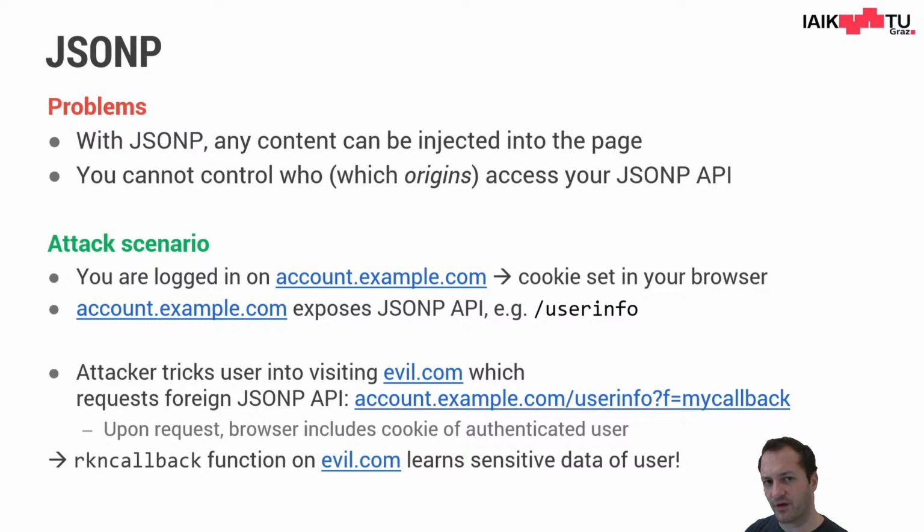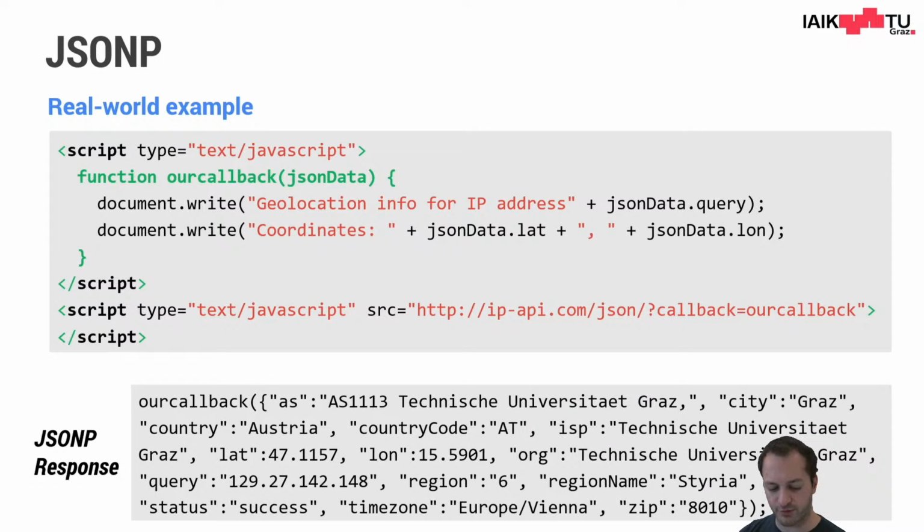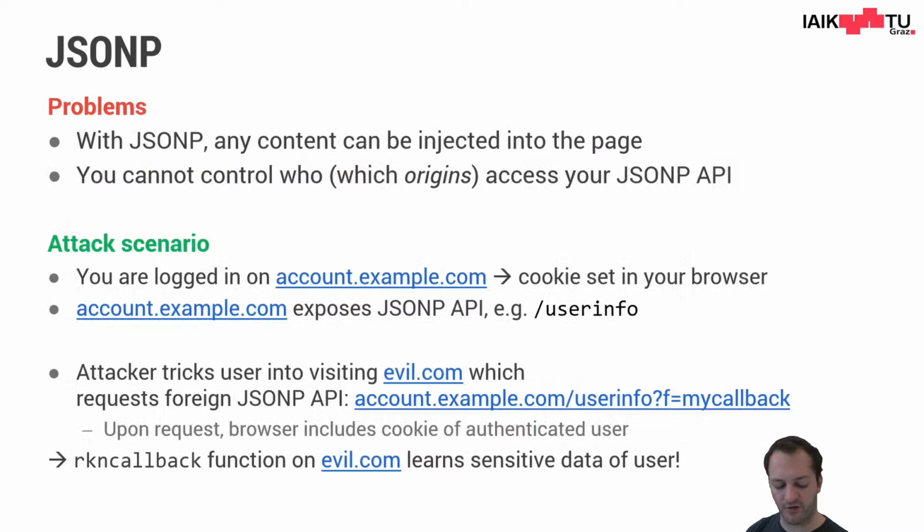And the other thing is, you cannot actually control who accesses your API. So for example, let's say I do such a request to ip-api.com, then the service there could not limit who actually calls their API. They can't just say, I'm only allowing requests from this or that origin, because there is no mechanism to allow this. In practice, this is a problem, because it can be that you're logged in, let's say on some